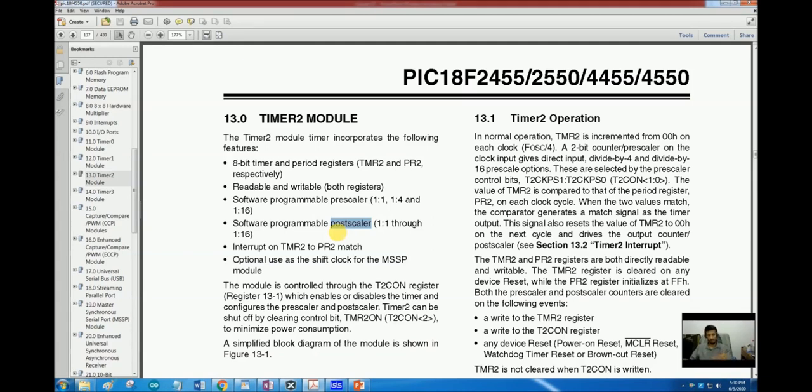So after every overflow, we manually had to preload the timer with our desired value.